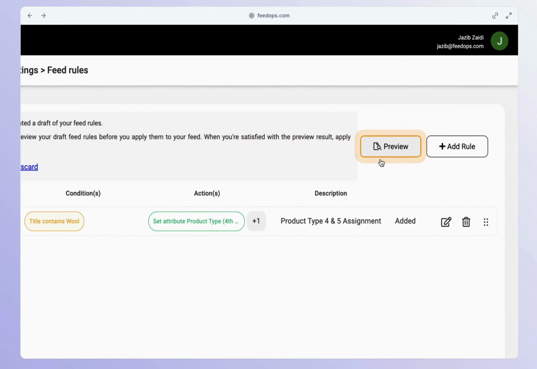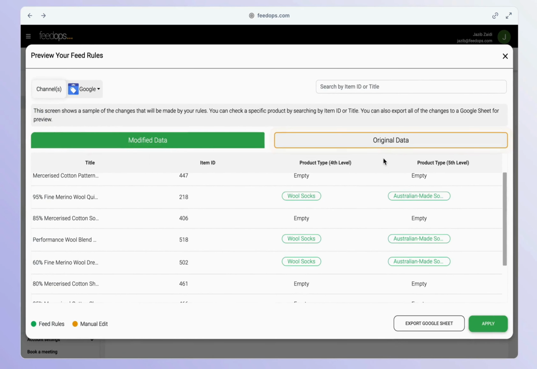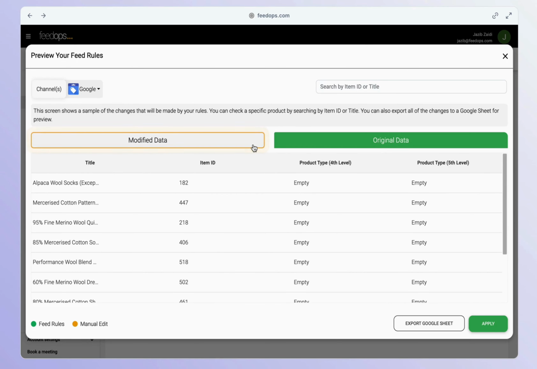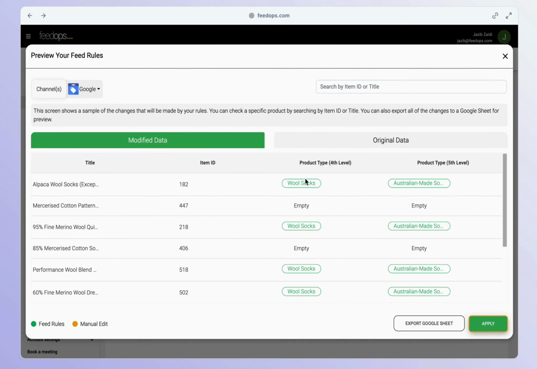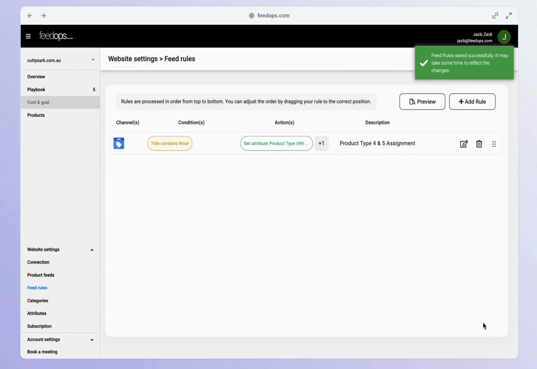Preview the draft feed rules to ensure they meet your expectations. You can toggle between modified data or original data to see the differences. Once satisfied with the preview results, apply the rule to make it active. By following these steps, you can efficiently group products, automate product type assignments,